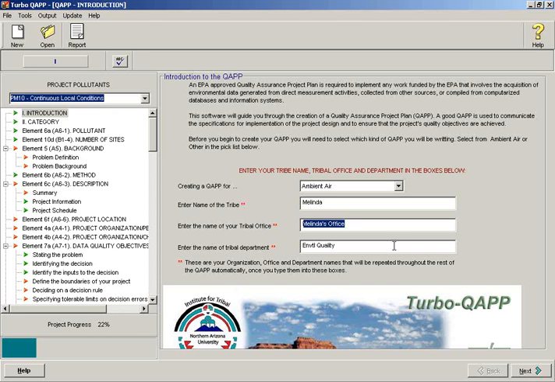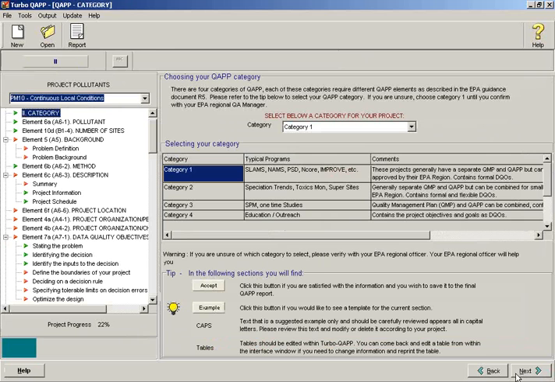So over the years, I've written a lot of QAPPs, and I, like anybody who's written one, have been frustrated with the 24-element system. So I put all the text and all the EPA recommendations from Red Book documents, from instrument manufacturers, from state and county QAPPs that I got a hold of into the text that is in this program, and the programming was done by Lakes Environmental, and it's basically a series of screens that walk you through